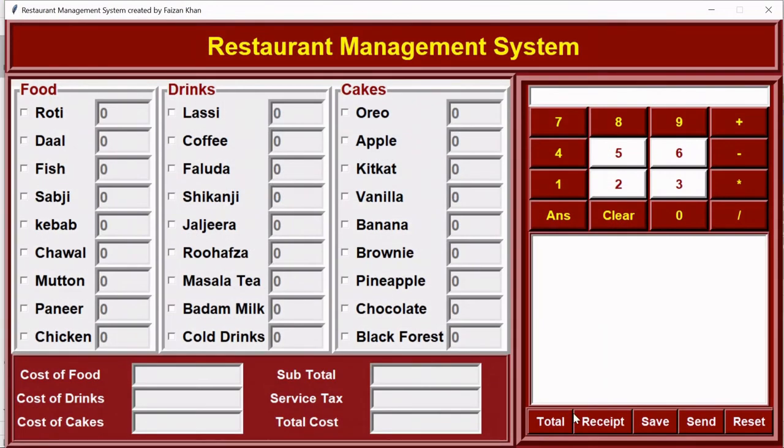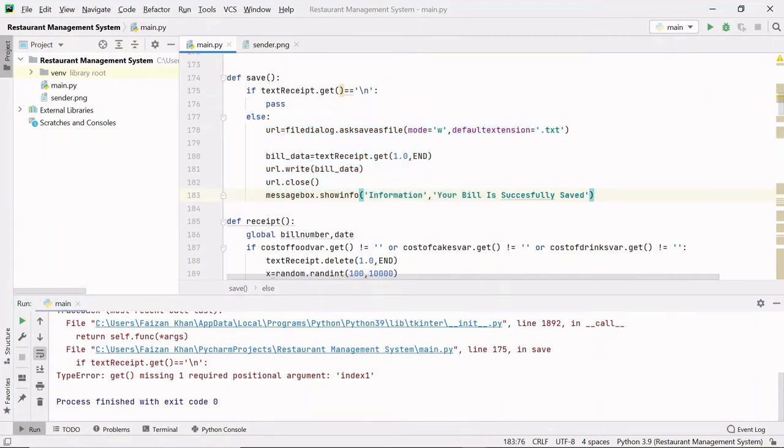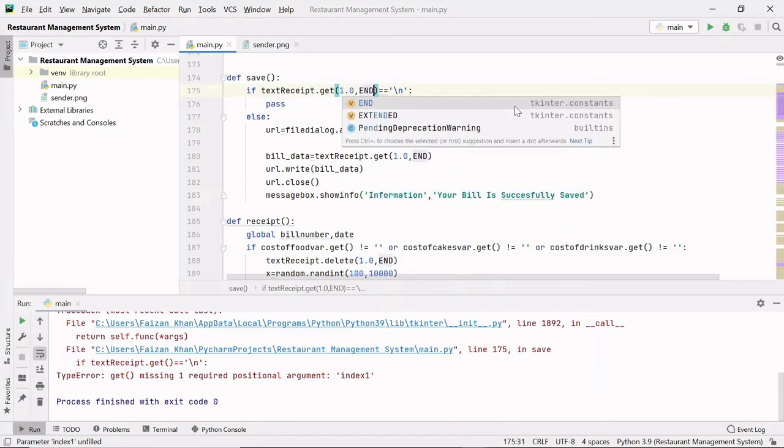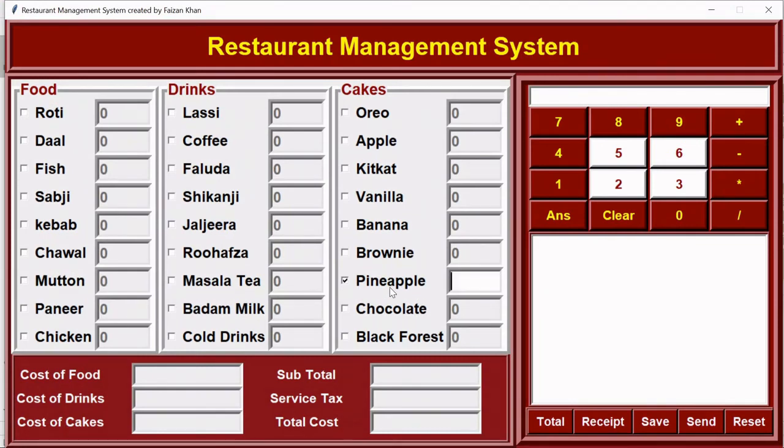Let's see. So right now on this text receipt, there is nothing. It means only \n is there. If I click on the save button, you can see nothing is happening. We are not getting a dialog box here, right? Because it is simply passing. But if I insert something inside this text receipt like this, so now we have something inside this text receipt. If I click on the save button, I made a mistake here. Here this get function takes some arguments, from start till end, from where to where you want to delete, like this. Now let's run. If you provide something,